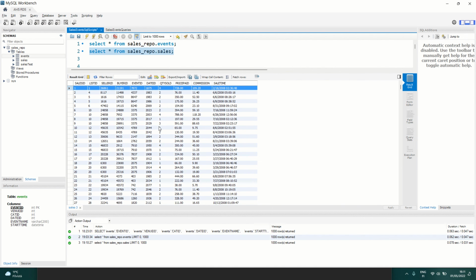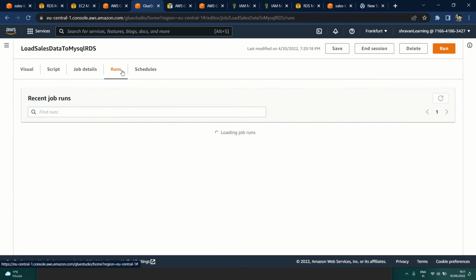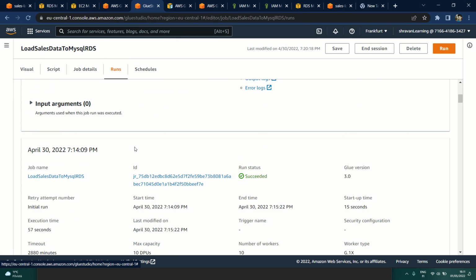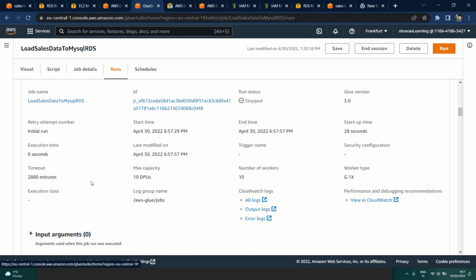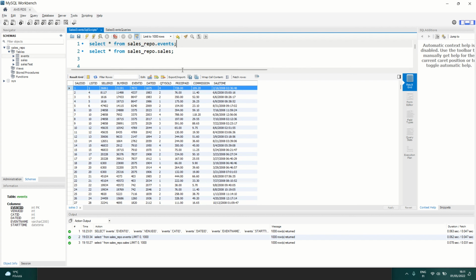So all the data we have just loaded, and when I ran the whole file, if you look at the runs, you will be able to see it here. It took around 3 minutes and some seconds for me to load all those records. So yeah, that is how you load it, and now you can do whatever you want to do in